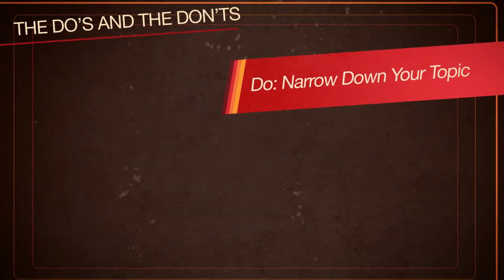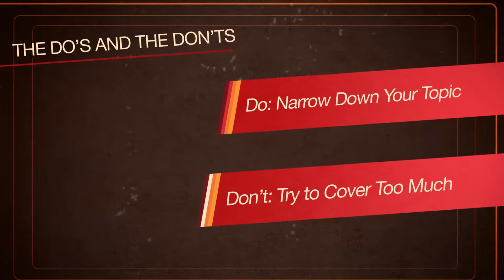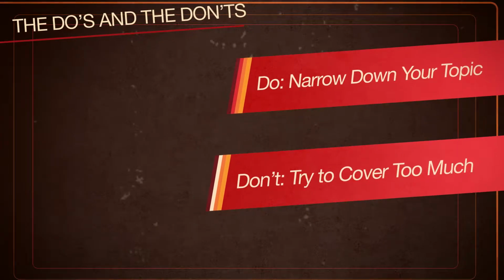Janice, the big don't that I think most students have a problem with is that they try to cover too much, everything there is to know about a topic. So if I'm a student and I am thinking about what I want to talk about, and I'm really interested in, say, social media identity or social branding, I shouldn't try to talk about everything that I know about social branding. And I should also keep in mind who I'm talking to, and those two factors should help me really narrow and focus my topic.